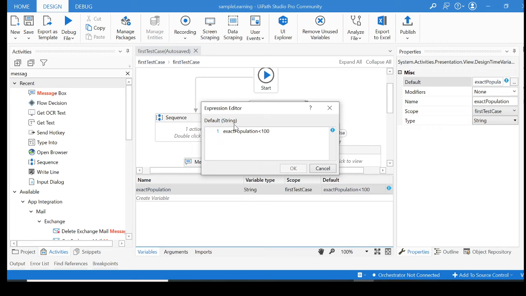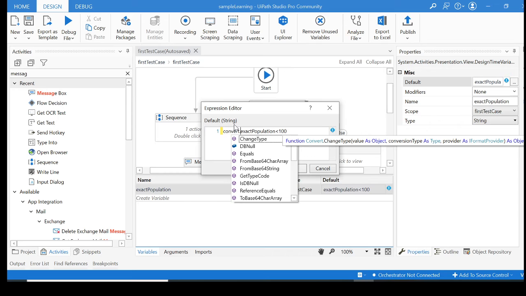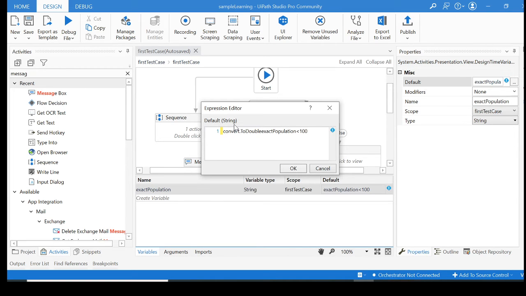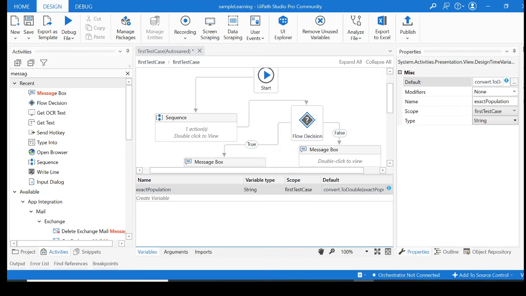So in VB scripting, you can convert this particular variable to double. You're gonna type Convert dot, you'll see multiple options. You're gonna go to the option called double, and keep this variable under a parenthesis, and let's see, that should work fine.